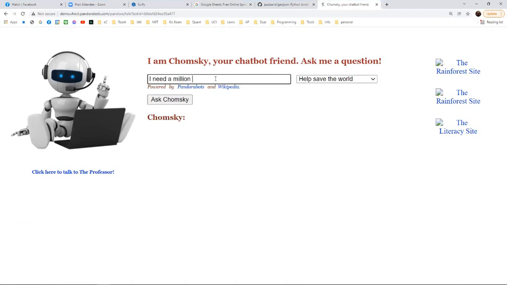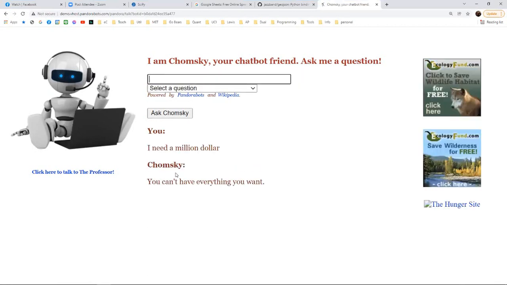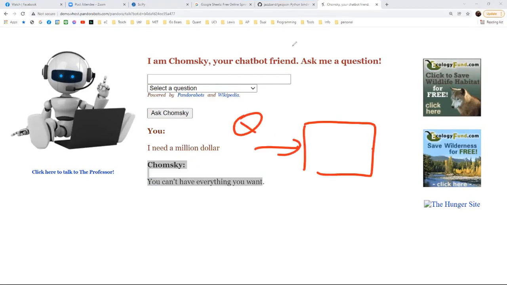You need to write some program that gives me some answer. A Chomsky chatbot responds. So basically, you have a program, a question comes in, and it provides an answer. That's some sort of translation actually. You know what I'm saying? Does that make sense? It's at least some type of response.